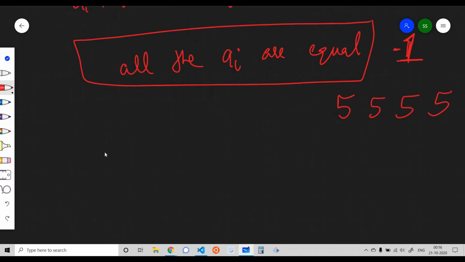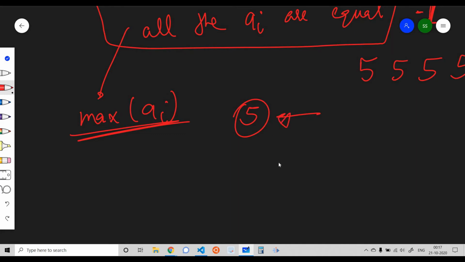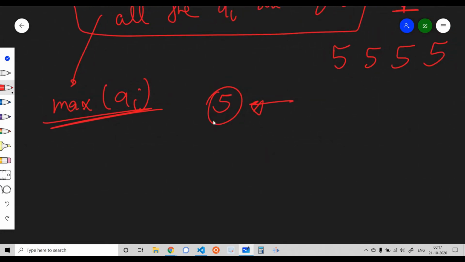Yeah, in all the other cases, how we can solve this problem is, as all Ais are not equal, we'll simply find out the max of Ai. So this is the maximum size a piranha can have in our aquarium. Again, there can be multiple of those as well. Suppose the maximum size of a piranha in our aquarium is 5. There can be more than one piranha of size 5. We need to find out a particular piranha who's having a piranha of a lesser size, either to its left side or to its right side.